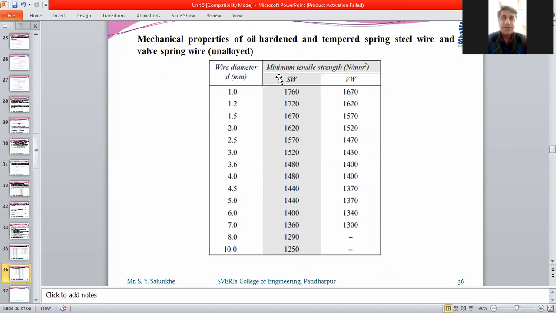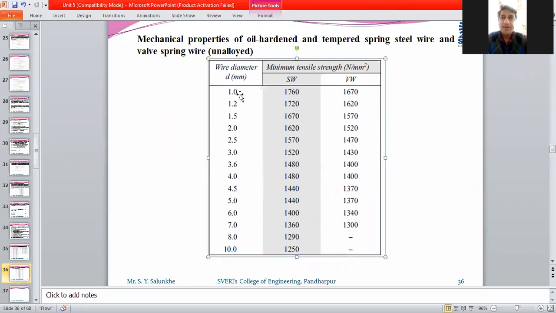You might have studied it in metallurgy, the TTT diagram, and how the hardness of any material, particularly steel, depends on the cooling rate. The iron carbide equilibrium diagram also you might have studied, and its properties, and the TTT diagram. That is how we can do heat treatment on steel. Now, if such types of heat treatments are done on that wire, then how the strength is going to be affected or changed, that we are going to see in this table.